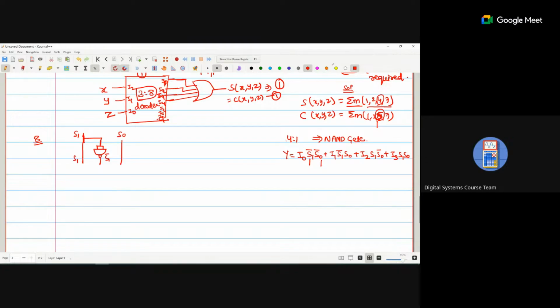Similarly for S naught, this is S naught bar. Now with every S naught and S1, with I, if I take the AND of these three,